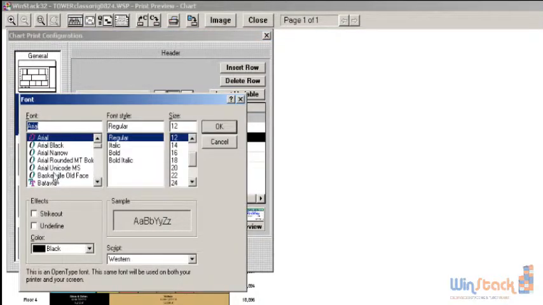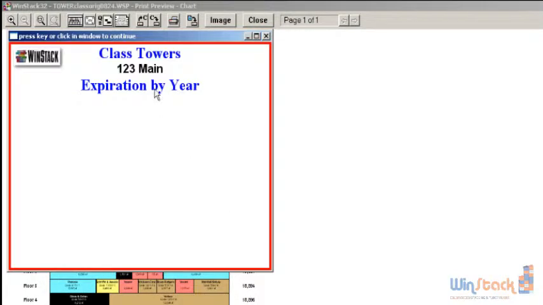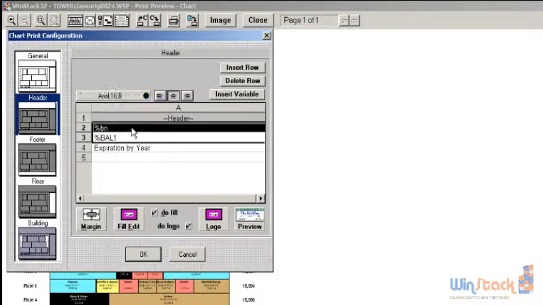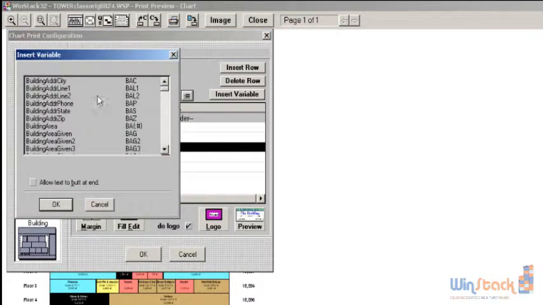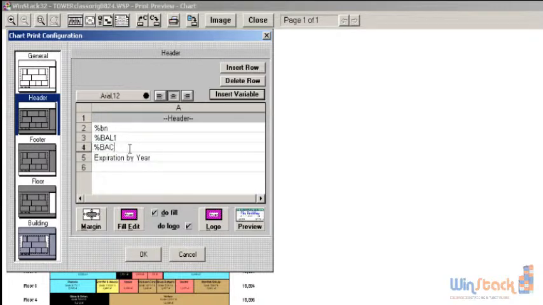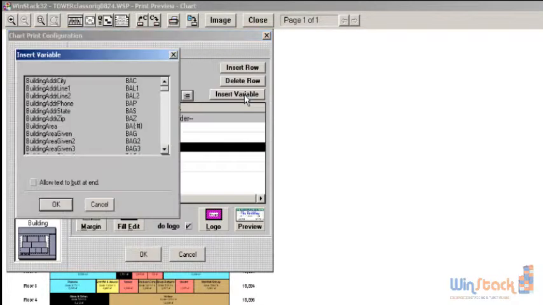I want the font to be, let's assume it is Arial. I want it to be bold, maybe 16 point, and we'll keep it as black so you can see the difference. Okay, I can click on preview so you can see what it's going to look like. Let's add another one because we wanted to see the building city, so I can come over here to building city. I can put a comma, a couple of spaces, and then I can insert variable, and I can go to building address state,